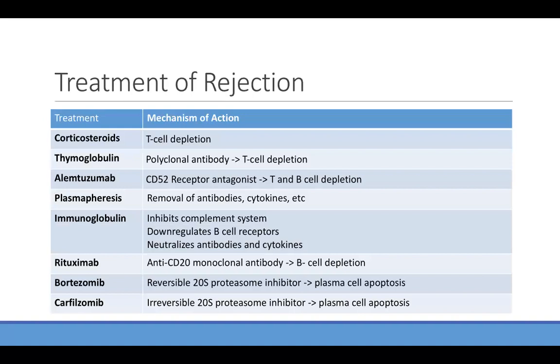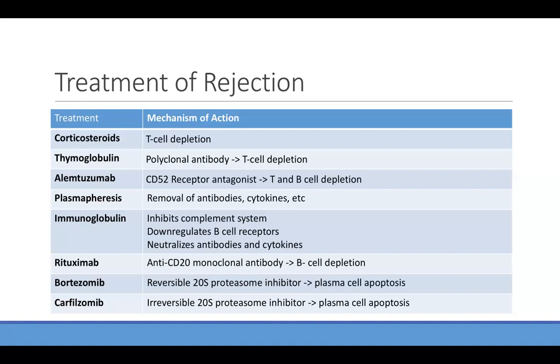A lot of the agents for desensitization are very similar to what we would use to treat rejection. Again, we have our corticosteroids. We have our thymoglobulin, which is total lymphocyte depleting. We have our Campath or alemtuzumab, which is both T and B cell depleting. Plasmapheresis to remove the circulating antibodies. IVIG to neutralize our antibodies. Rituximab to prevent any new antibodies, so it's B cell depletion. And then we can go to our bortezomib or our carfilzomib, which are proteasome inhibitors, which cause plasma cell